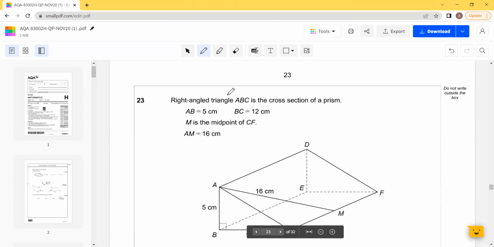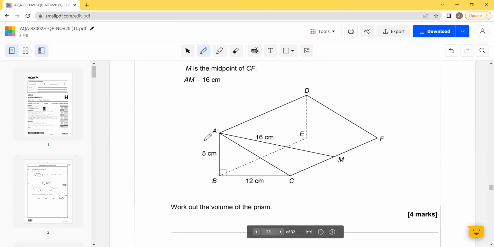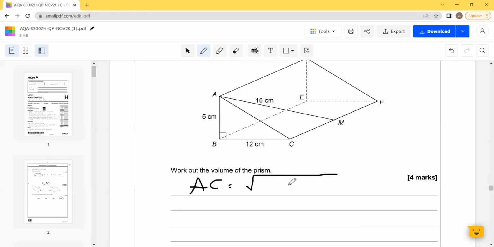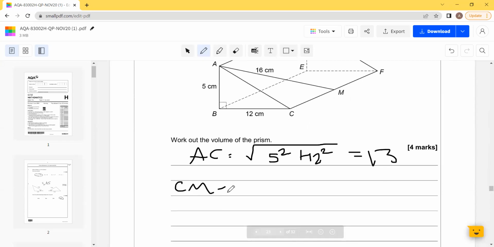Question 23. Right angle triangle ABC is the cross section of a prism. AB is 5 centimeters, BC is 12 centimeters, M is the midpoint of CF, and AM is 16 centimeters. Work out the volume of the prism. The first thing I'm going to do is work out AC. So AC is the square root of 5 squared plus 12 squared, which is 13. And then I'm going to work out CM. So CM is the square root of 16 squared minus 13 squared, which is square root of